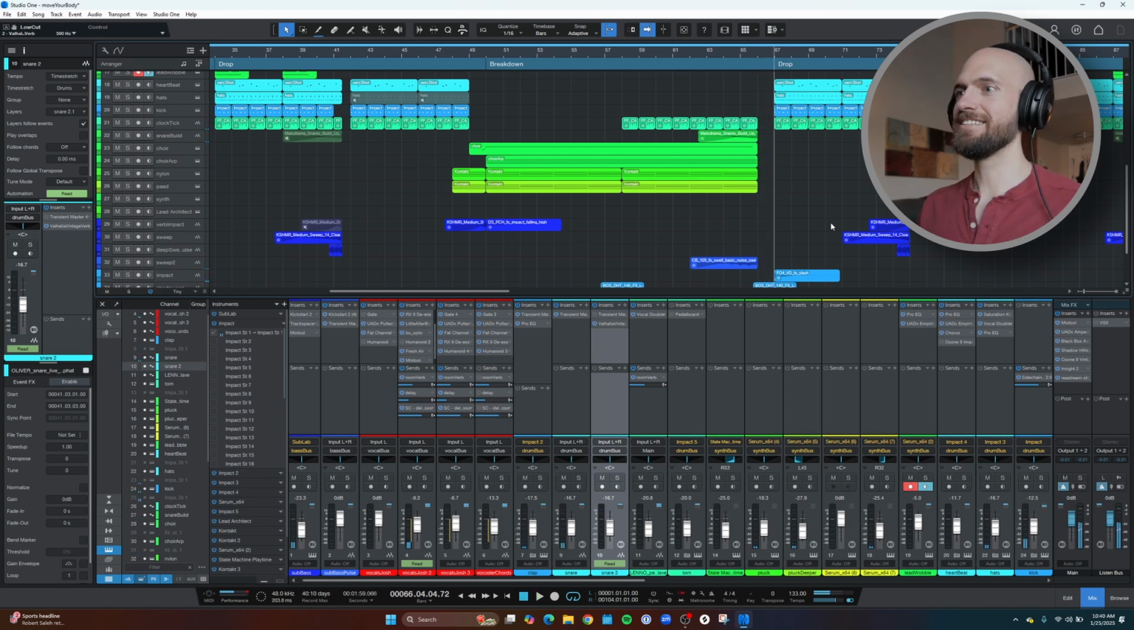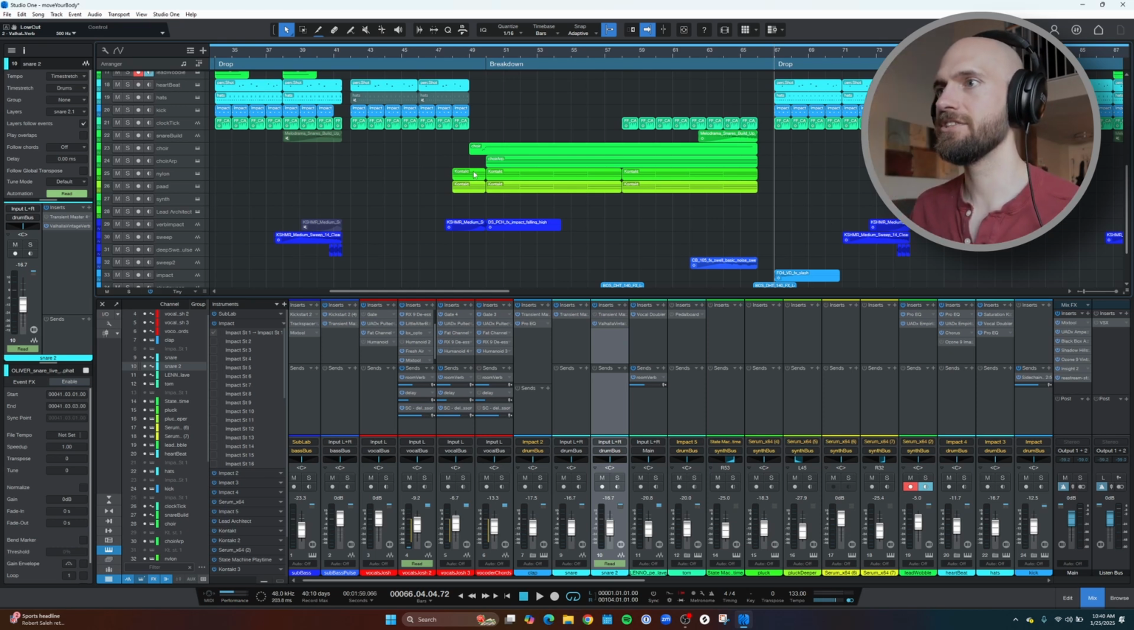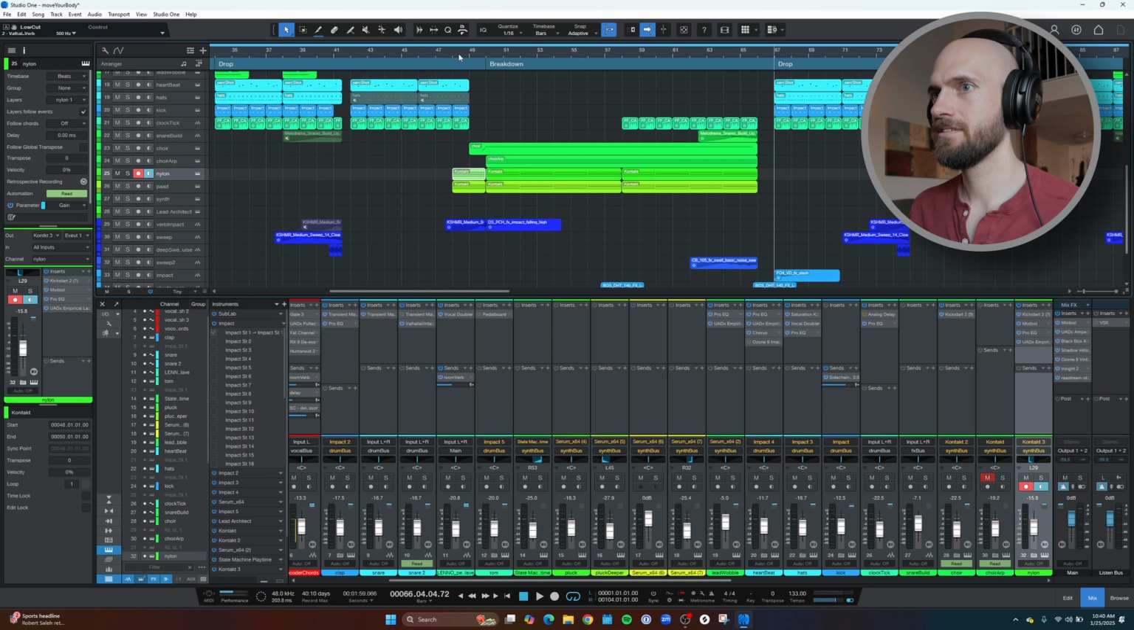All right, so now we get the breakdown. I love this part because overall this song doesn't have a lot of melodic elements really at all. And so I wanted a breakdown where I introduce a little bit more melody now. And so what I did is I used our good old